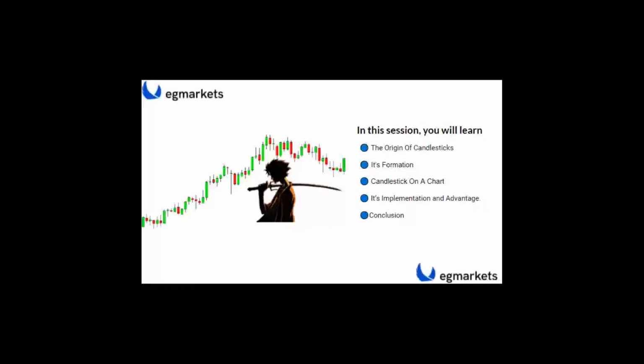What's the starting point for someone that has never traded before? The starting point is to first understand the basics of the market. What are financial markets? What are financial instruments? From there, understand the terminologies: pips, lot sizes. Once you understand the terminologies, you can start going to the charts, because from the terminologies itself, you'll be able to see what is happening on the chart.